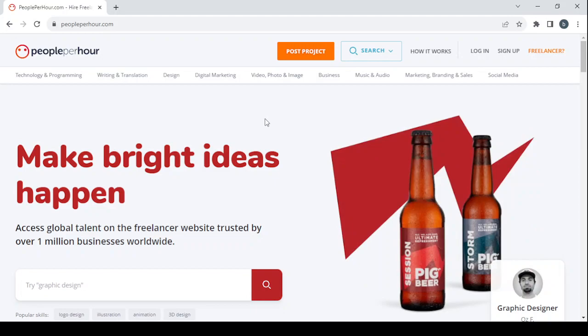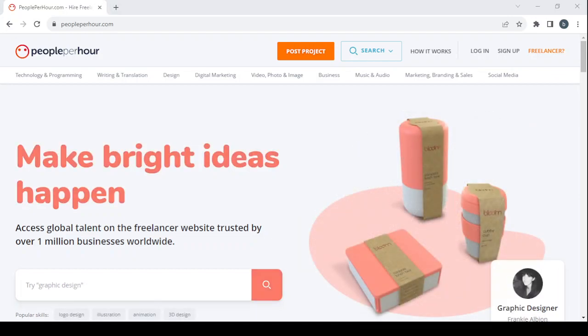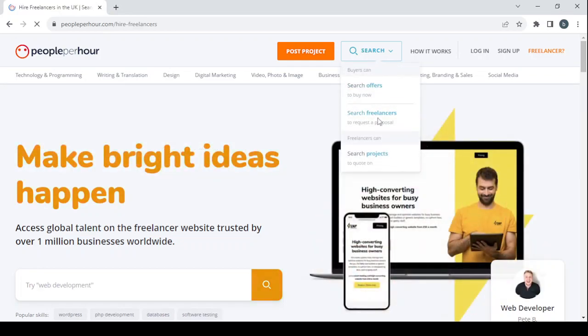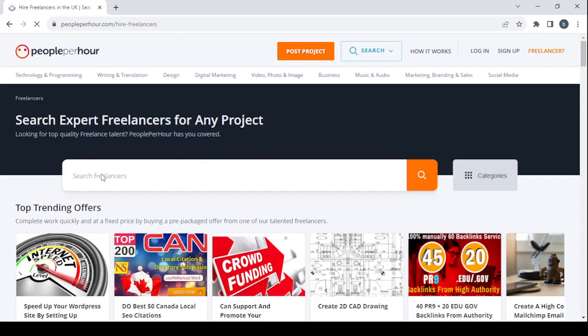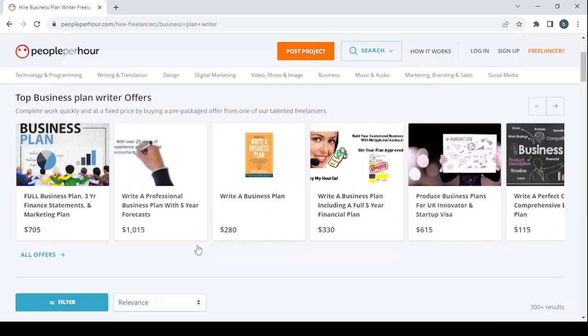People Per Hour is a platform where you can create your own profile in order to showcase your skills to the visitors of the platform. For example, if I was a visitor looking for a business plan writer, I will go to the search box here, click on search freelancers, and then enter my skill, business plan writer. Then I'm going to search for one, and here I'm going to go for all offers,